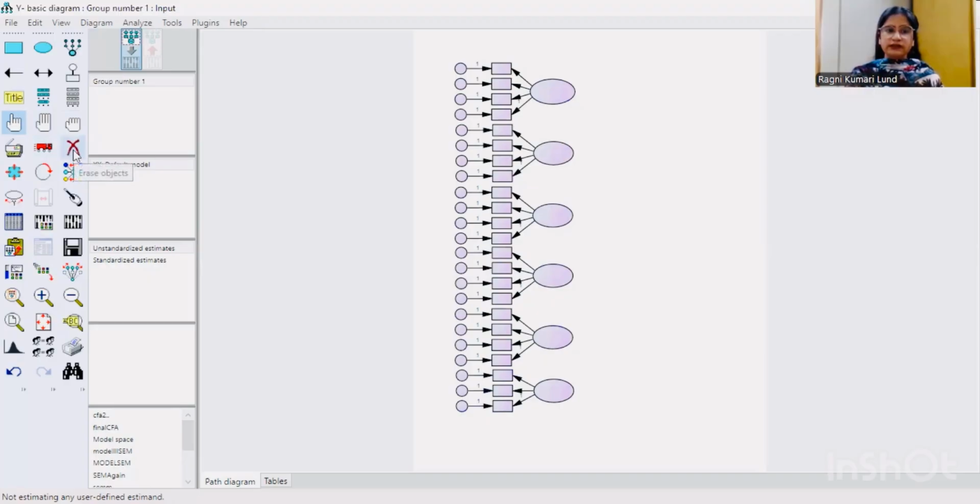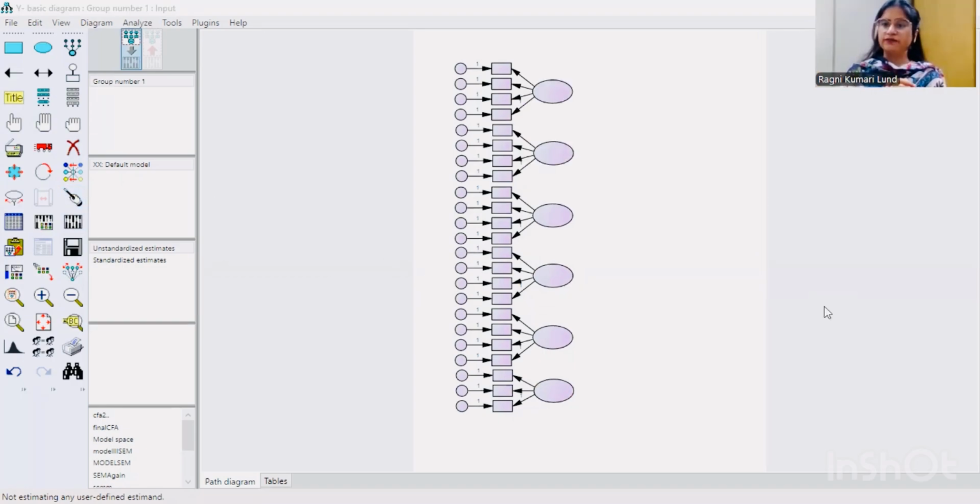This one is the erase object. If you want to delete anything, just click erase object. And this one is touch up a variable, which is like a touch up. If your shape is not normalized or any arrow is misleading, this option will help to correct that particular object.